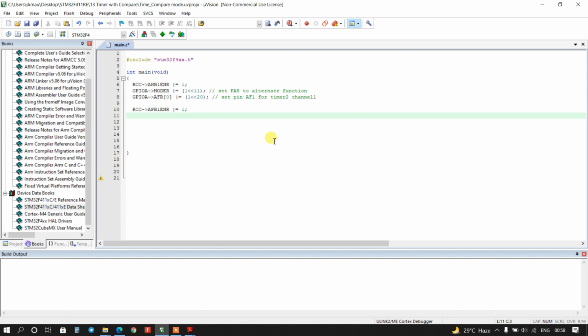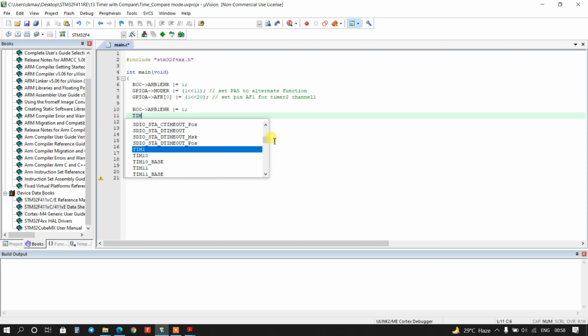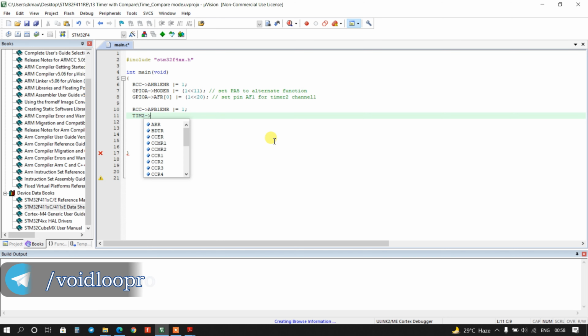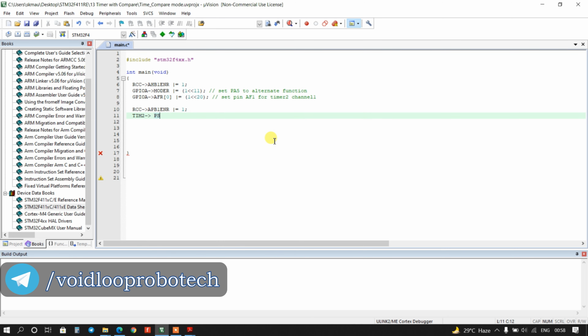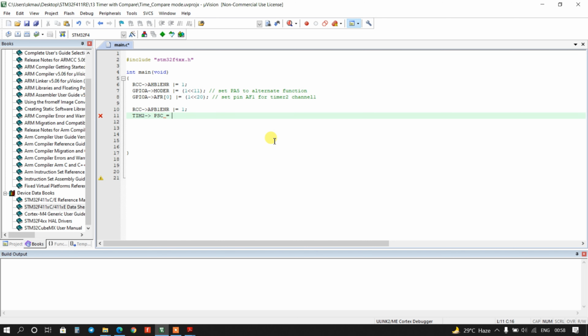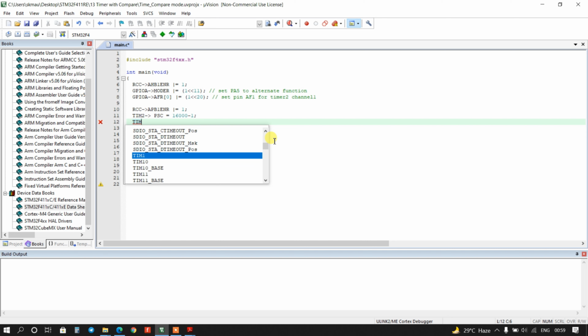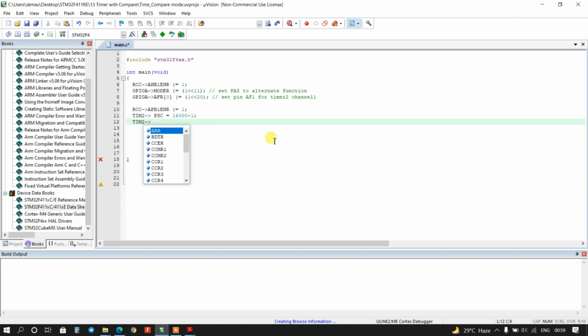And now I will use the prescaler. Timer 2 PSC equal to 16,000 minus 1, and again timer 2 auto reload register equal to 1000 minus 1.